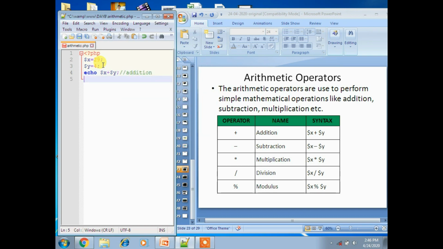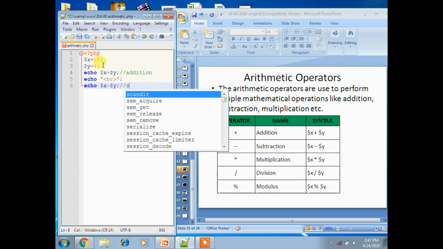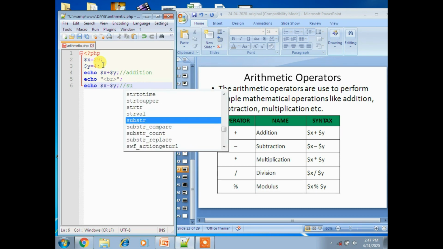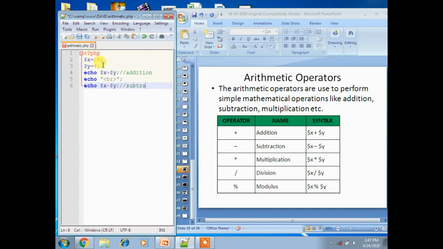Now we'll take another one. Before that we have to use echo, echo br, nothing but a line break, it divides the line. Instead of plus, use minus. This is subtraction.